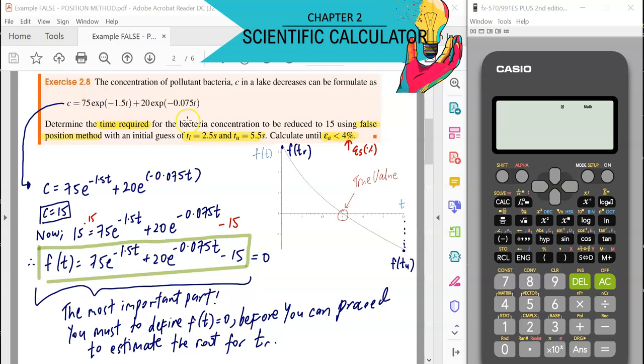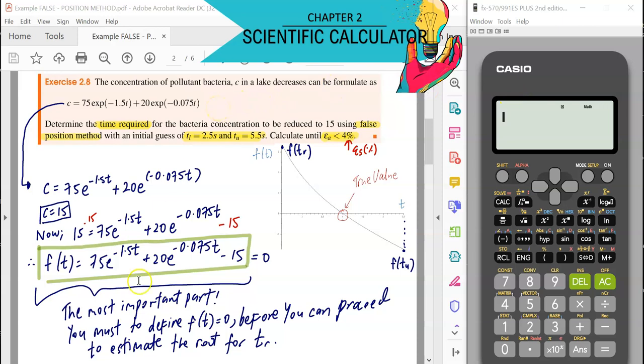Alright, so this is the fourth position, and then we have this equation here. So this is a nonlinear equation. If you can see here, you have exp. So exp is actually another way to define the exponent function. So in your calculator later on, you must use the exponent function.